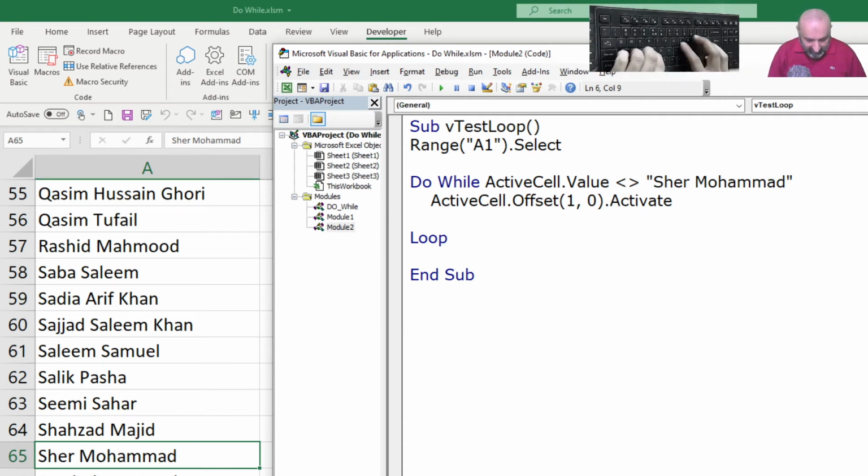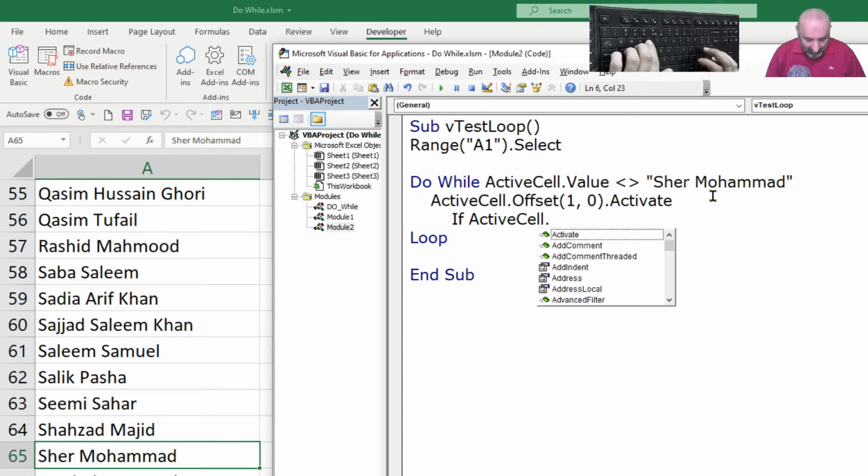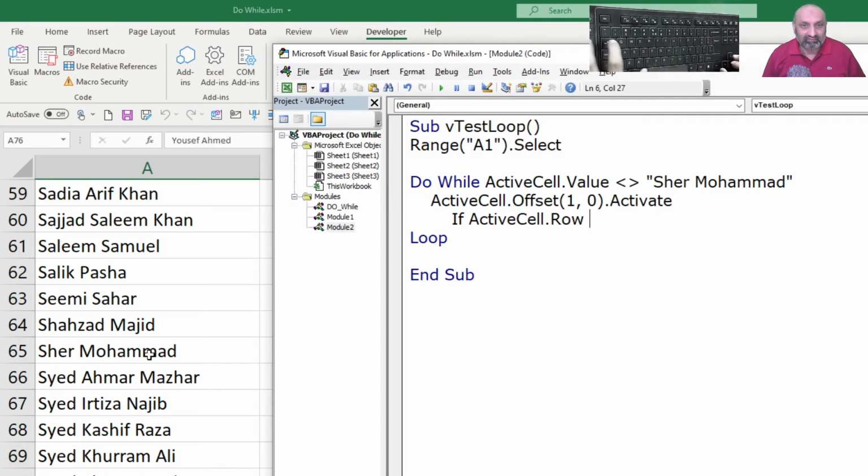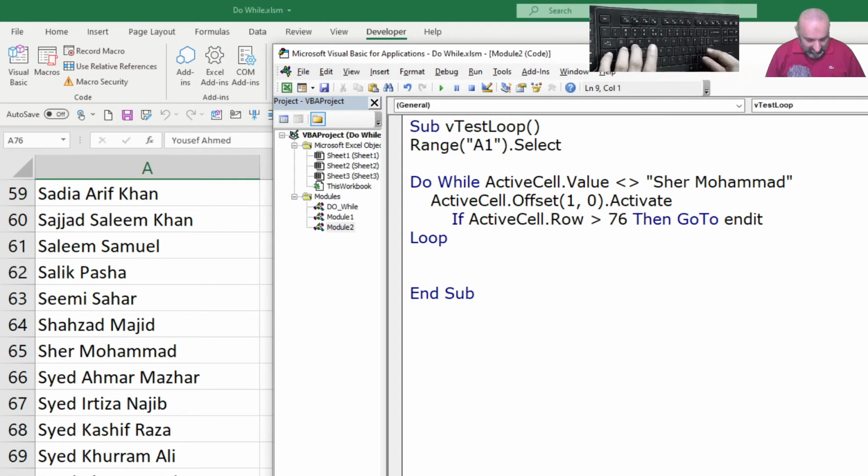But what I can do is I can say If ActiveCell.Row, because I know my data is till 76, is greater than 76, then GoTo EndIt. Okay, so EndIt is a line label. So here is our line label, and if it is greater than 76, go to EndIt, and let's make our mistake of E, and let's run it again.